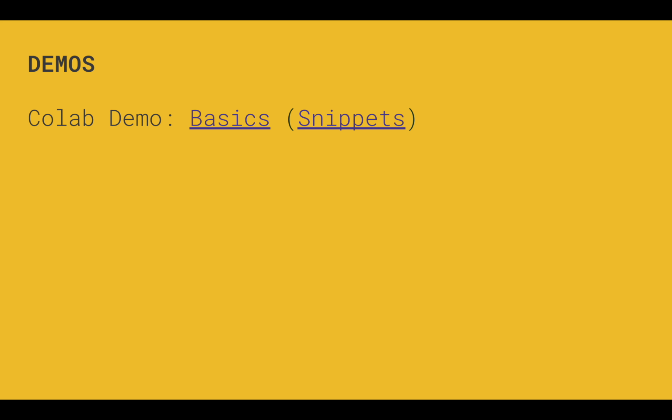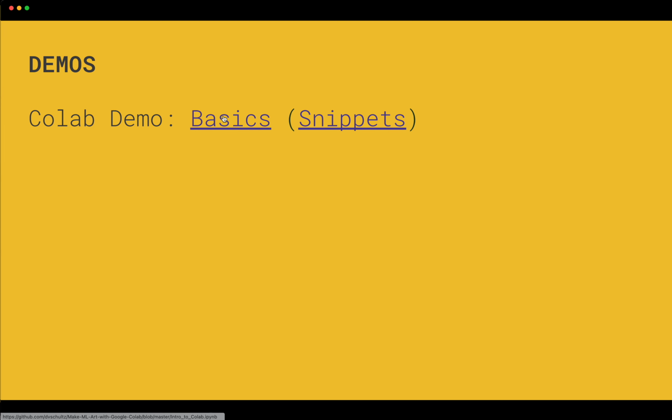Okay, so at this point, let's take a quick walkthrough of what Colab looks like. Literally, as I was recording this today, I noticed that there's a slight change in some of the GUI, which I think is actually helpful. It's an improvement over what was there previously. So let's go ahead and take a look at how this works. We'll open this basics file.